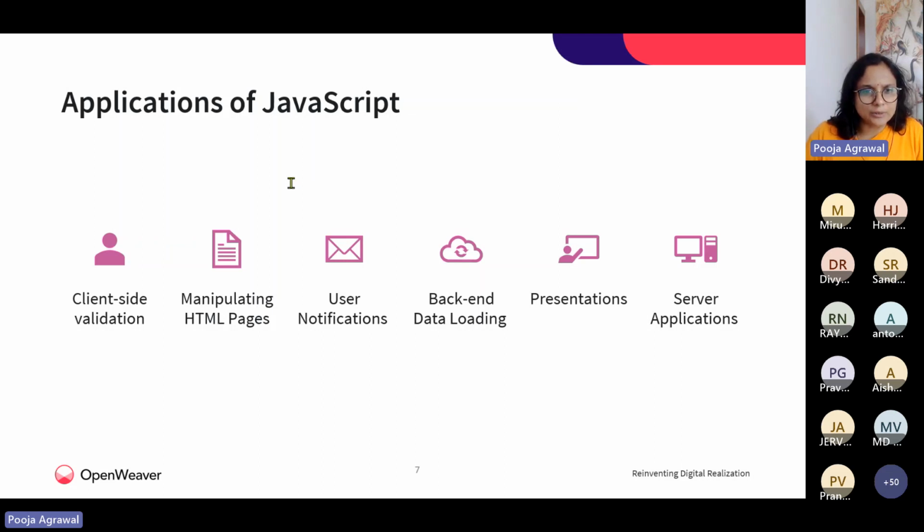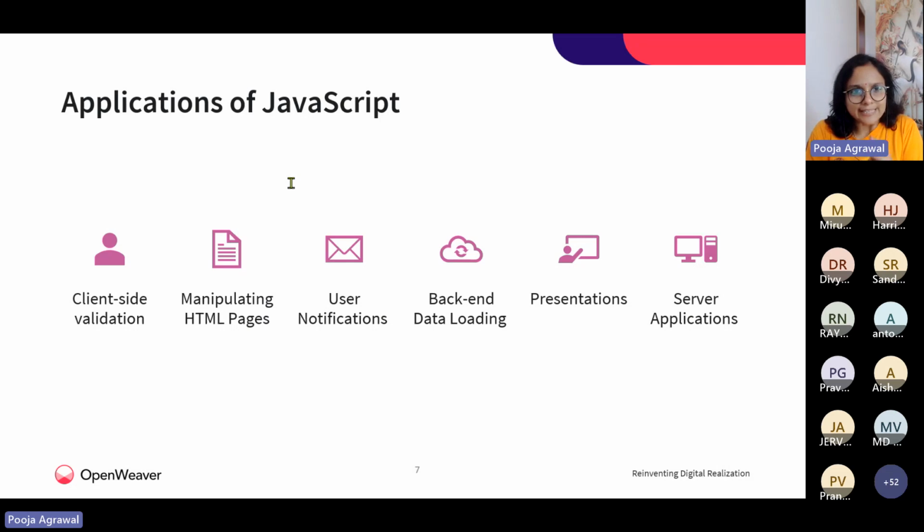Then backend data loading. JavaScript provides an Ajax library, which can help in loading backend data while you're doing some other processing. Okay. So this gives an amazing experience to your website visitors. And then if you talk about presentations, you could provide various facilities where your websites look really glossy and vibrant.